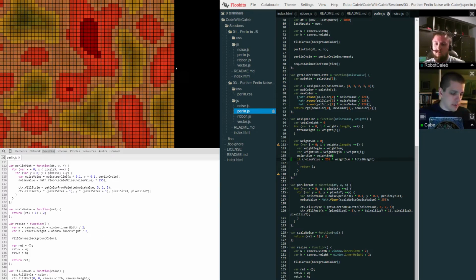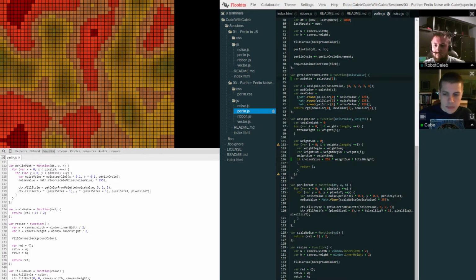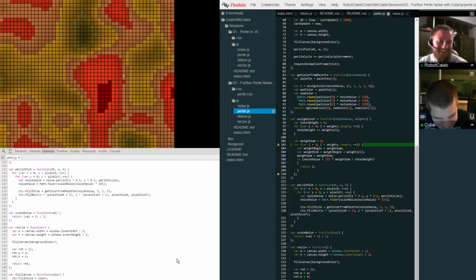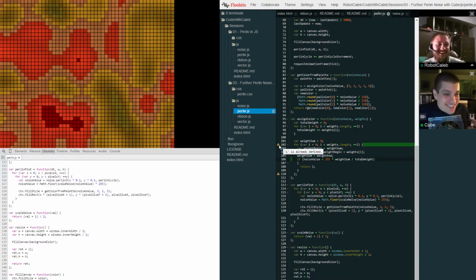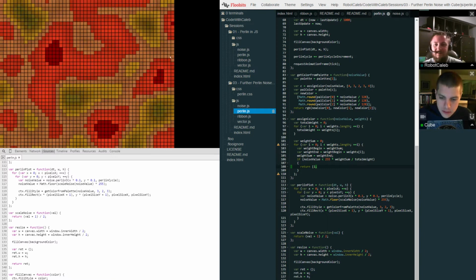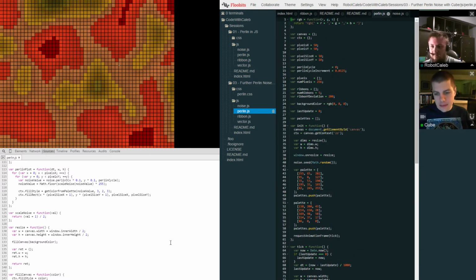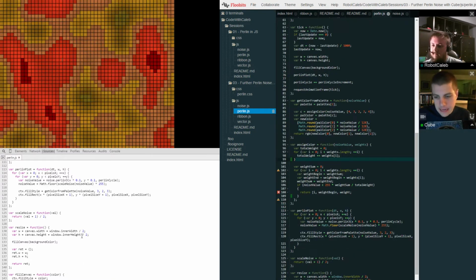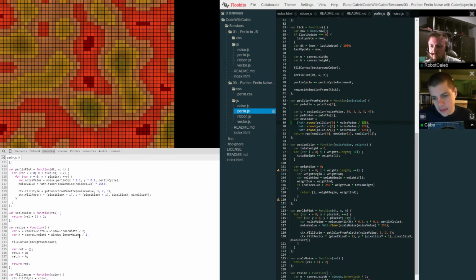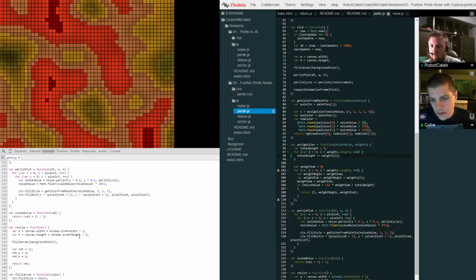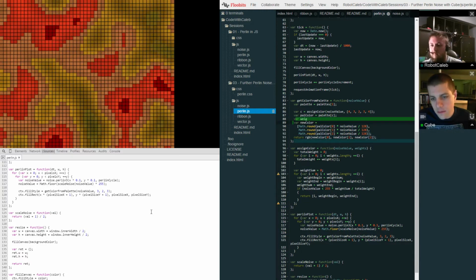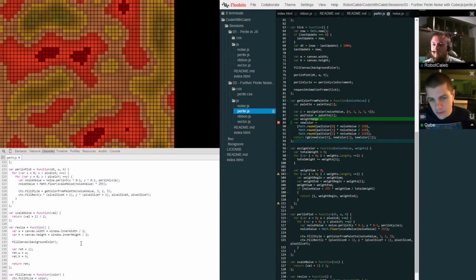So what I want to do... Okay, I've just done something horrible. Oh no, because you changed the palette. I changed the palette, yeah. Why is everything orange? What I want to actually do is return an array of weight begin and weight end. And then what I want to do here is var weight range equals